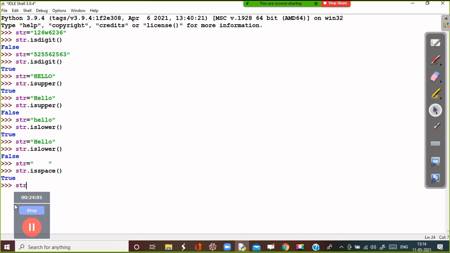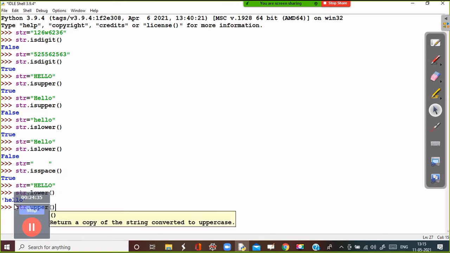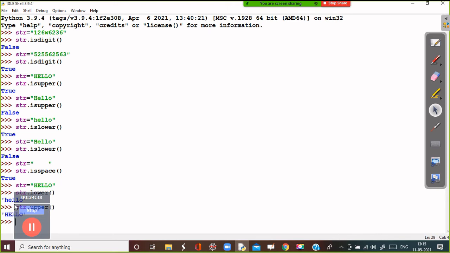Suppose string is equal to Hello. If you are writing string dot lower, it will give hello in lower case. And suppose I am writing string dot upper, it will give nothing new, the same thing will be returned.